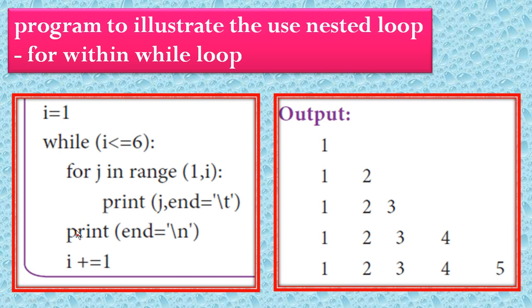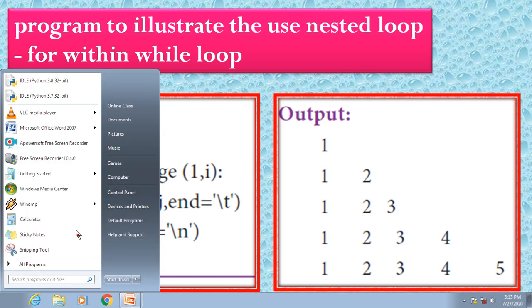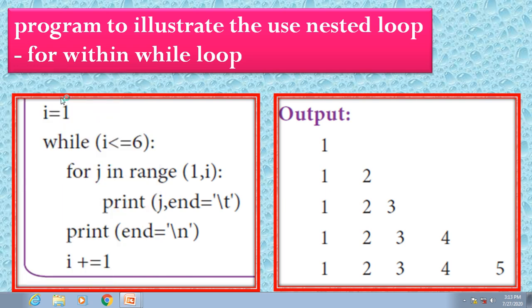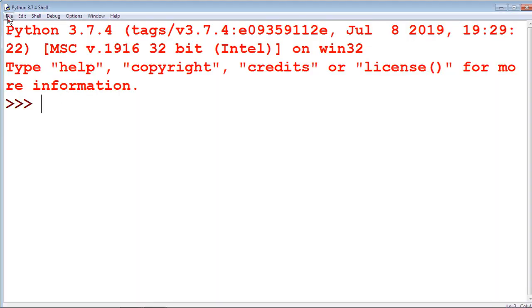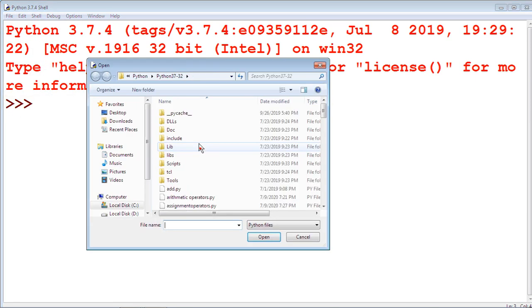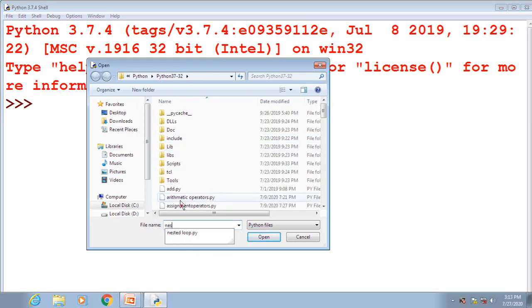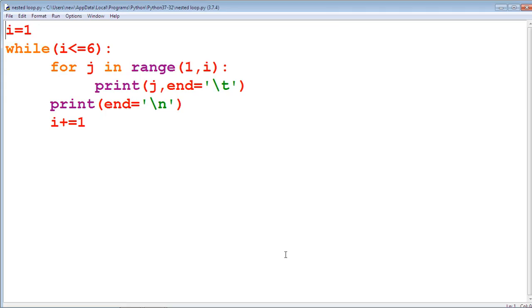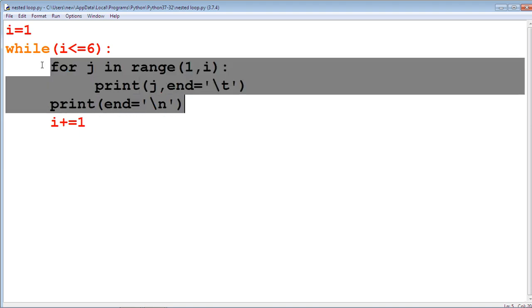We are going to see this example by using the IDLE window. By opening the IDLE window, file, open, nested loop. Here the for is within the while structure.